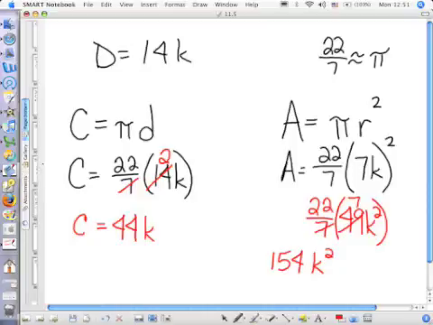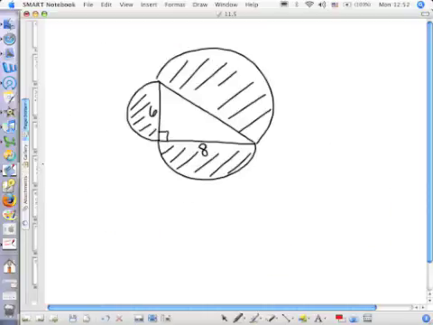Yes. So if you don't know the radius, you divide the diameter by 2 to find it. Yes. The radius is exactly half of the diameter. Okay. If I asked you to find the area of the shaded portion